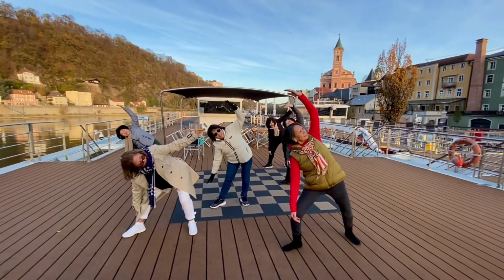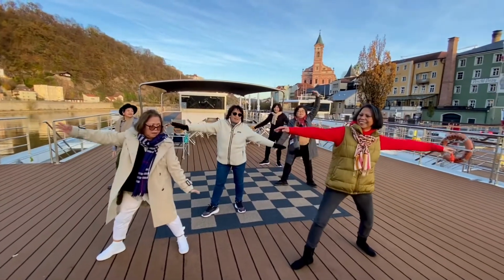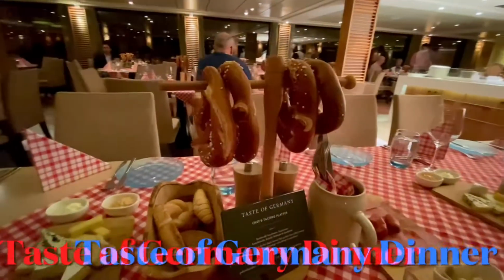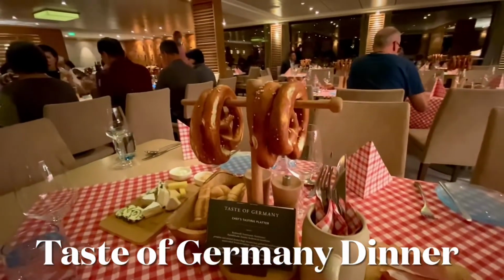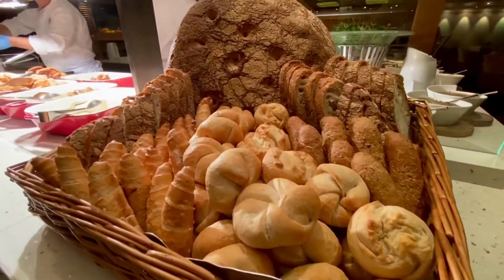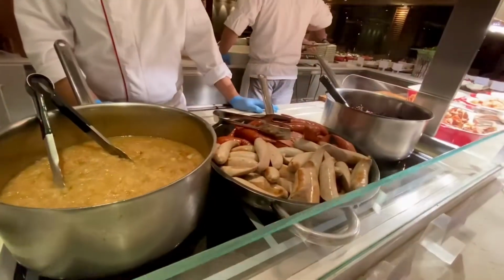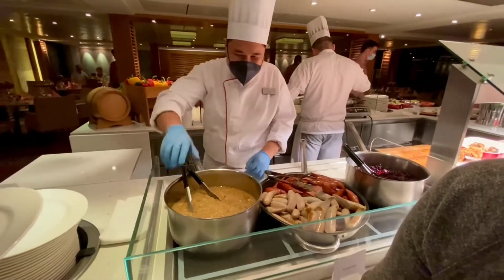Back at the ship, Dina and her friends did a little yoga before our special dinner. It was our last night in Germany before we sailed to Austria, so the chef prepared a special taste of Germany dinner. Dinner included pretzels and an assortment of freshly baked German breads, an assortment of tasty German sausages and sauerkrauts,